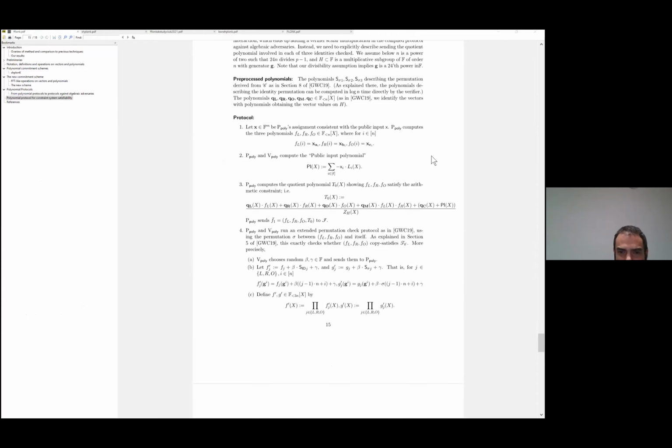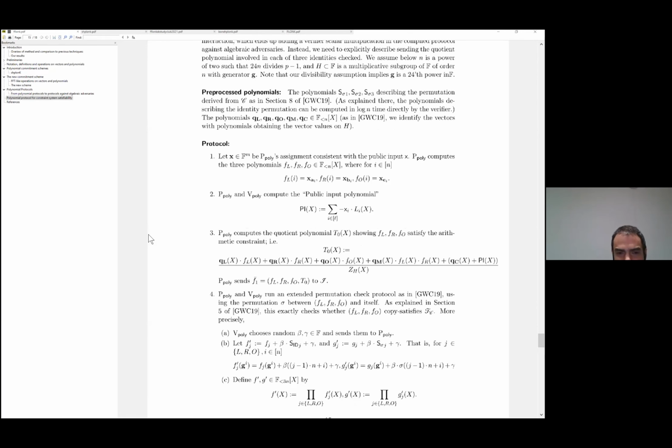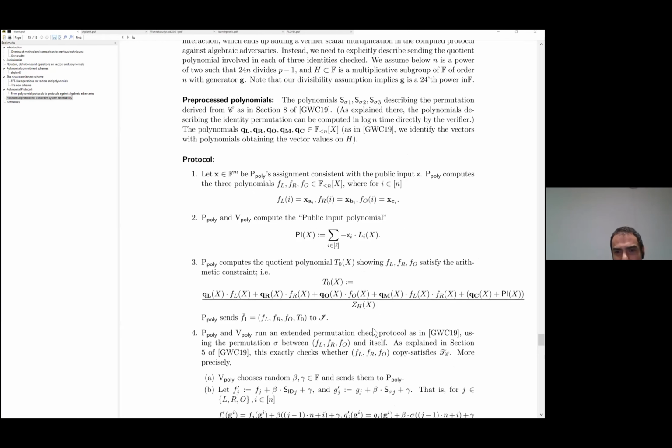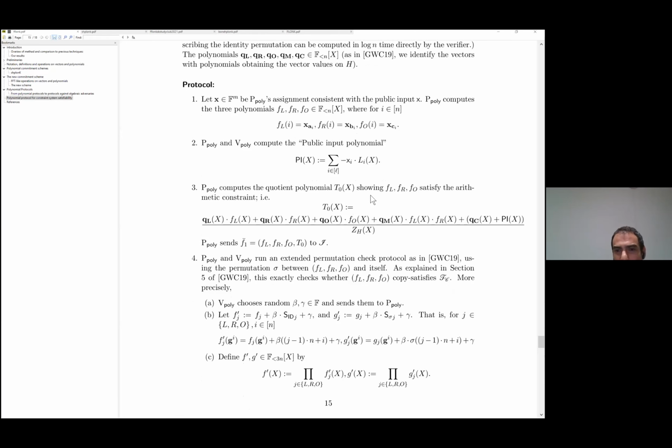If you're familiar with PlonK, it looks almost the same, but I'll highlight the differences. At the same time, I will exemplify the disadvantage of just directly using fewer polynomials. So here we have... actually, Ariel,